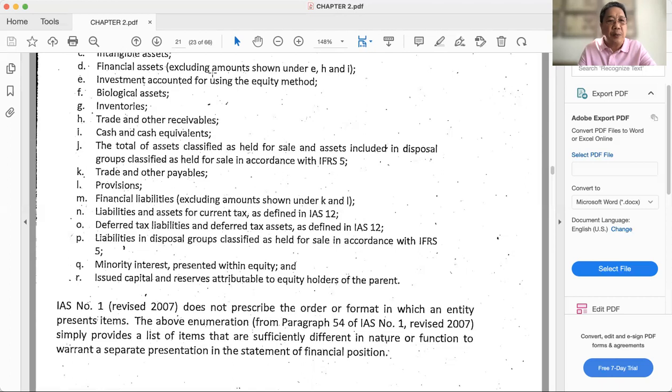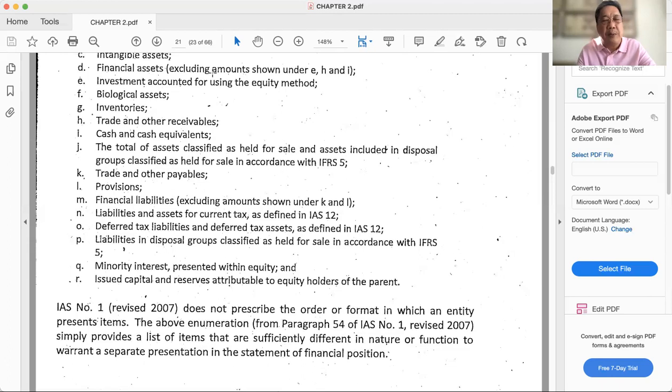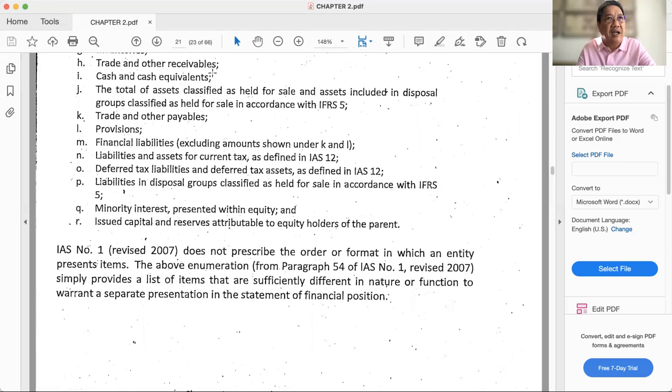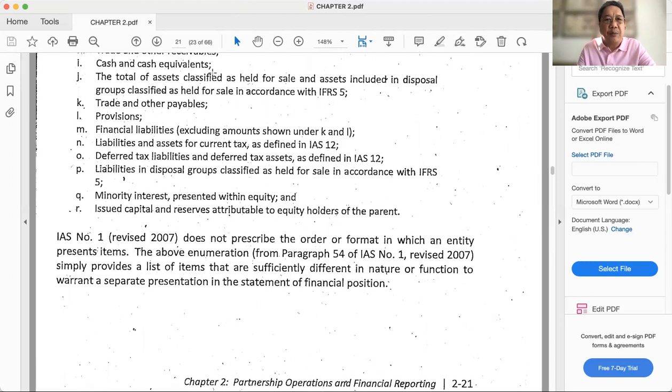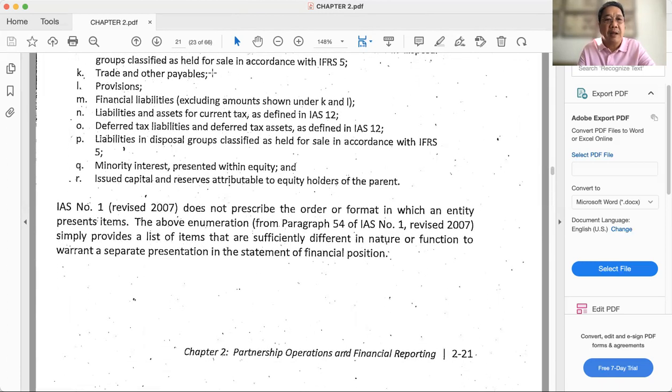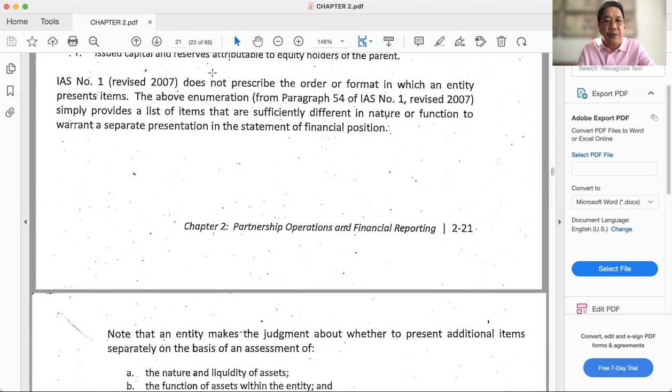Cash and other cash equivalents, cash, syempre, obvious. Kung ano yun, nasa bangko man o hawak mo man, cash on hand or cash in bank, those considered as cash. Ano naman yung cash equivalents? Cash equivalents ay yung mga ipinasok mo sa time deposit na cash na hindi mo ginagamit na anytime pwede mo withdrawin at gawing cash. Okay? And so on and so forth.